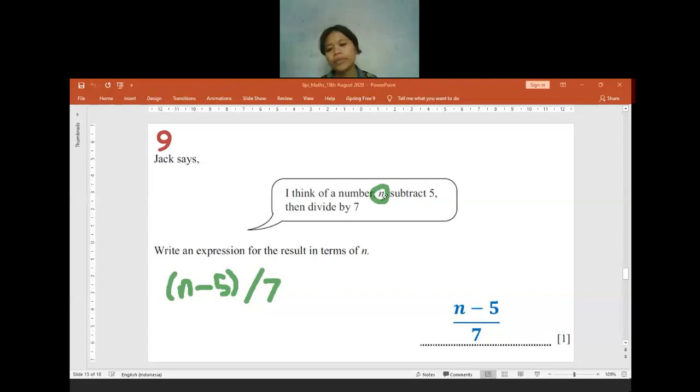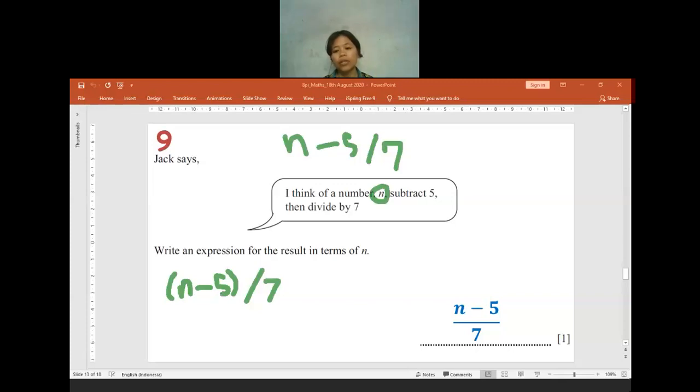But for this test, I'll let you write it as the n with the caps lock N, still count it. If you want to write it in one line, you have to make sure that the n minus 5 is inside the bracket, because if you only write it as n minus 5 per 7, it means the number that you are going to divide by 7 is only the number 5, not n minus 5. But when we read the sentence, I have the number subtracted by 5 and then the result we will divide by 7. That's why we have to put a bracket on the n minus 5.